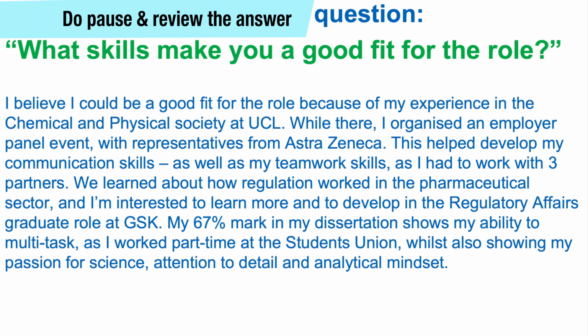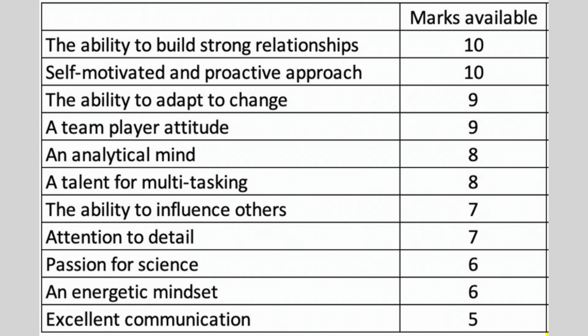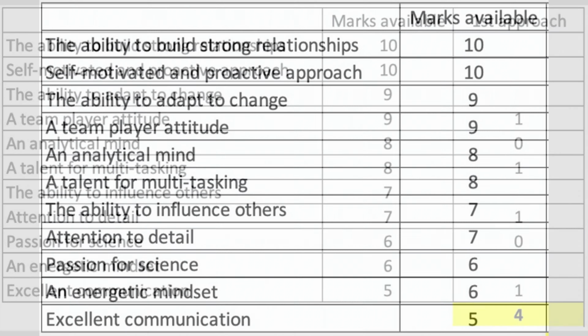What skills make you a good fit for the role? For that same GSK job description. The first skill the writer mentions comes in the third sentence. And it's not relationship building, which is the top listed skill in the job description, so it's a real missed opportunity. The only other skills mentioned are towards the bottom and not in the same order as the job description. An imagined mark scheme with higher scores for skills higher up in the job description would score this answer quite